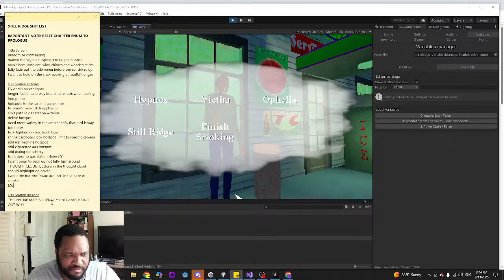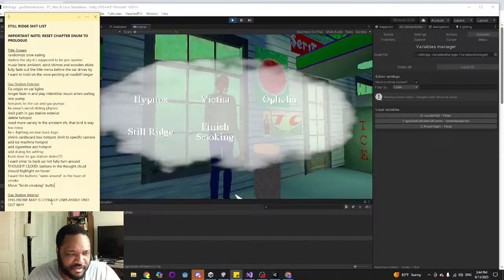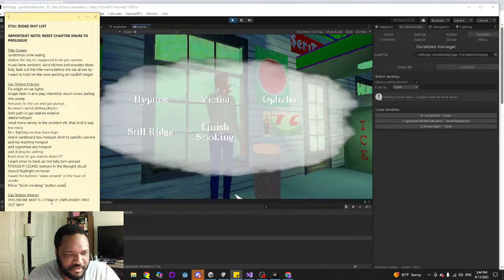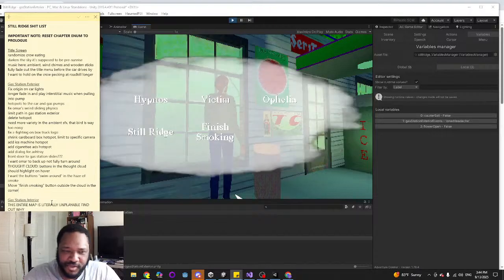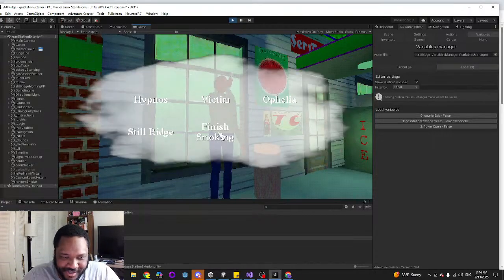And I think I want to move the finish smoking button outside the cloud in the corner, because finish smoking isn't a thought, it's an action.